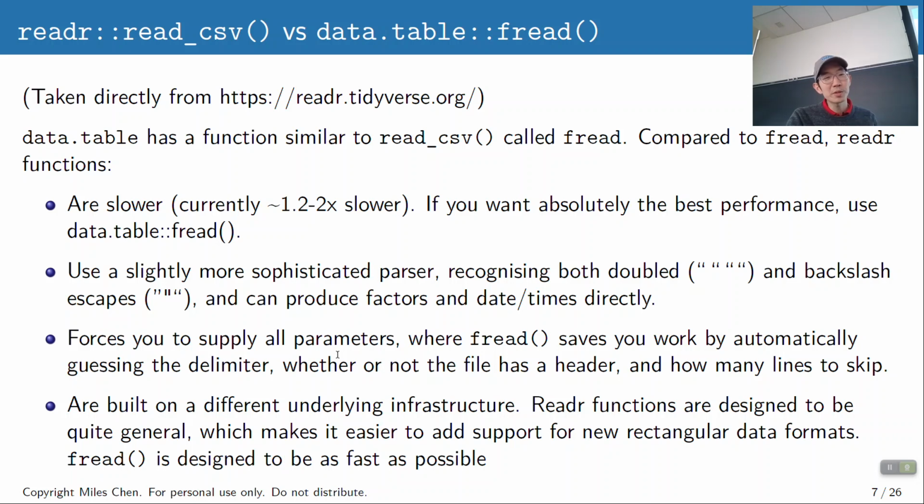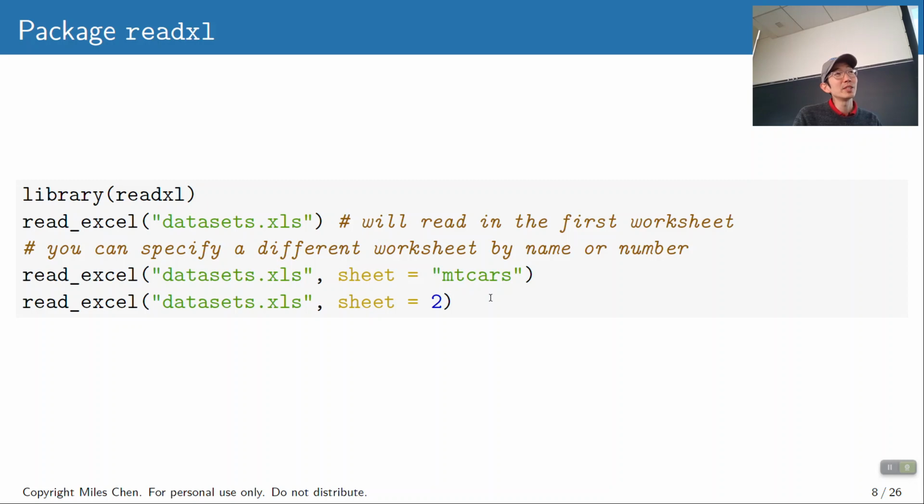We can skip this page. This page just says, and I basically copied this straight from the readr website, read_csv versus fread. fread is faster, whereas read_csv uses tidyverse features in it. Sometimes you work with Excel